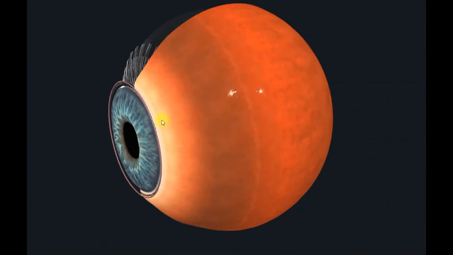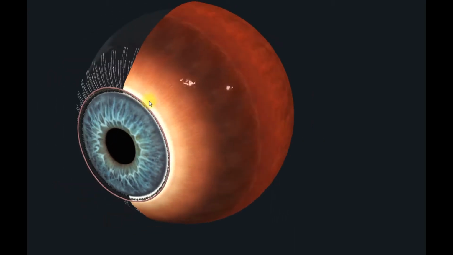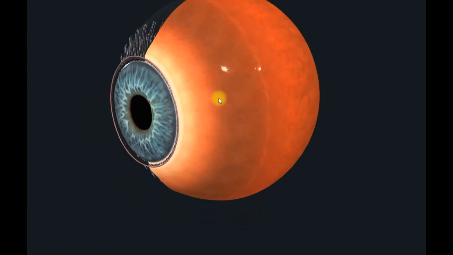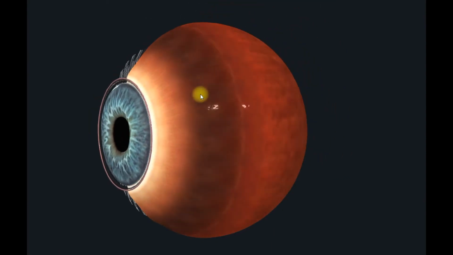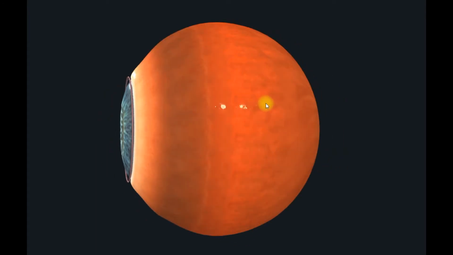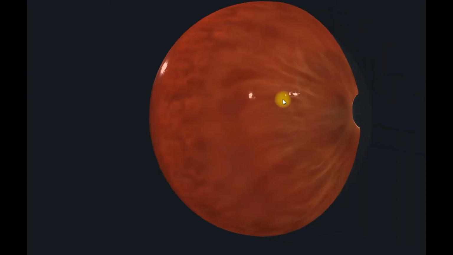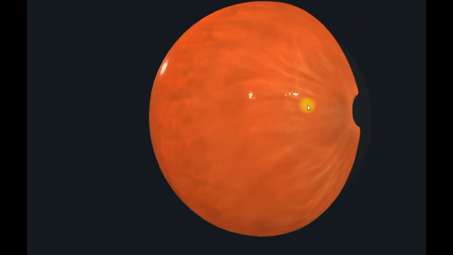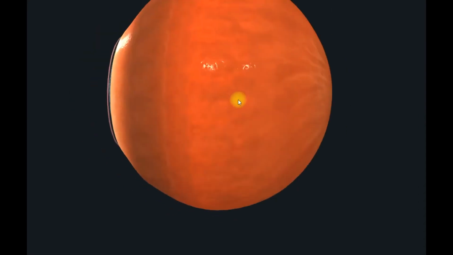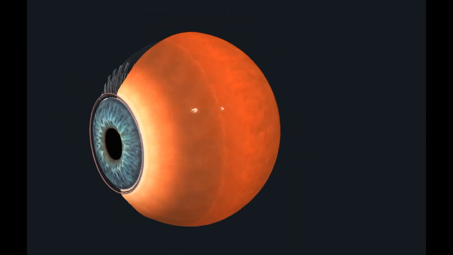It forms part of the vascular layer of the eyeball, along with the ciliary body and iris, also referred to as the uvea or uveal tract. Choroidal capillaries receive their blood supply from the long posterior ciliary arteries and recurrent branches of the anterior ciliary arteries, while the posterior choroidal vessels receive blood from the short posterior ciliary arteries, which means the choroid receives blood supply from two sources.